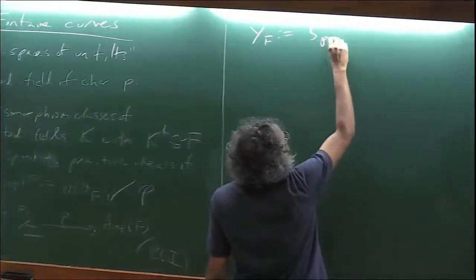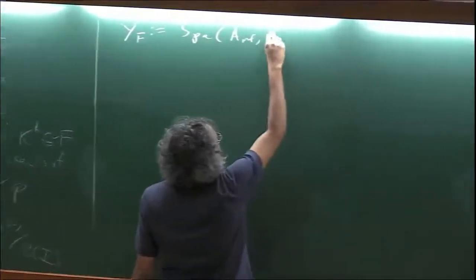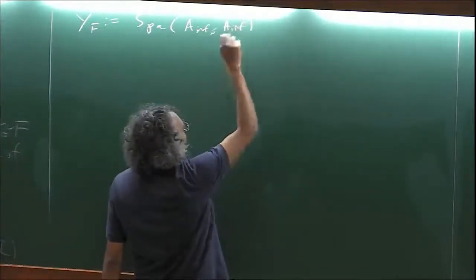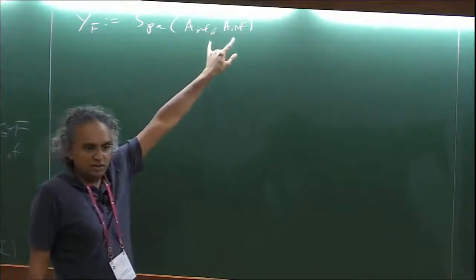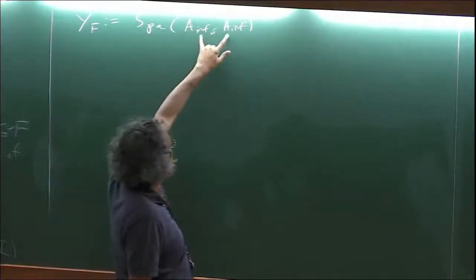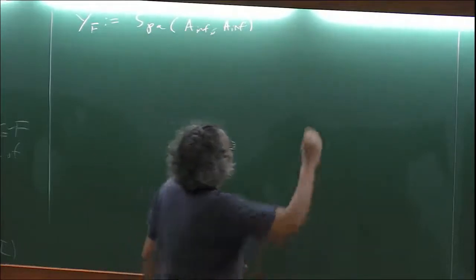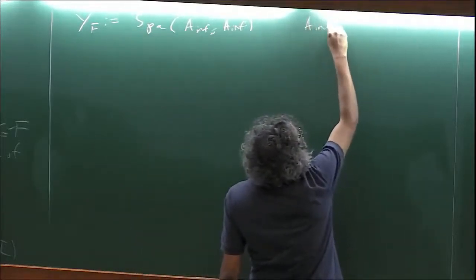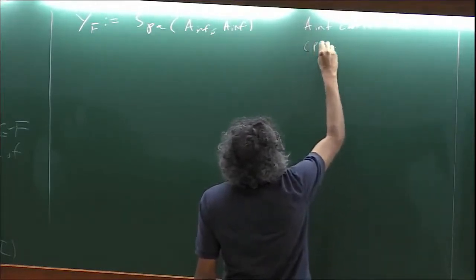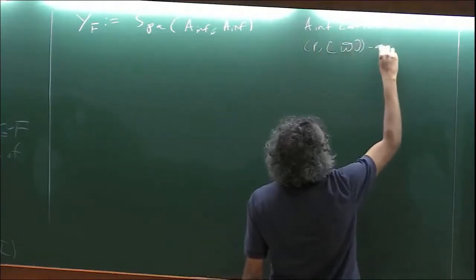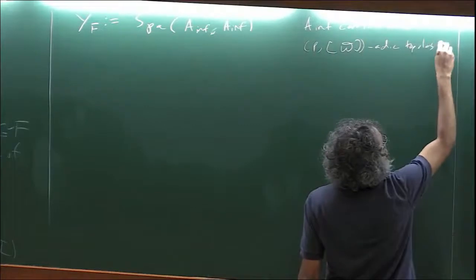So what am I going to do? Remember, I'll just write A-inf instead of A-inf of F, because F is going to be fixed. In the notes I was consistent about putting the F in, but for the board I'll just omit it. We've talked about adic spaces in the afternoon lectures, so if I tell you how to give A-inf a topology, I can make this adic space. I'm going to put the (p, [varpi])-adic topology, where